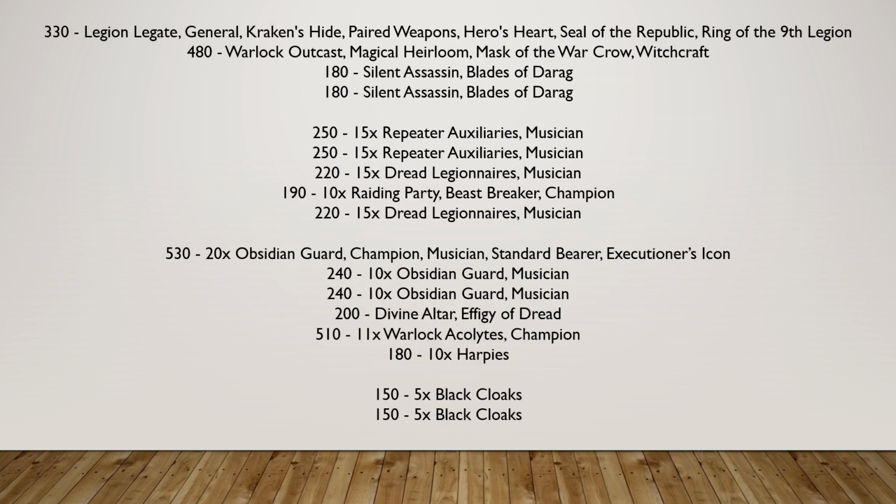Okay, next list. As you can see, this list follows kind of the same design as the previous list in the sense that it has a lot of small and medium-sized units backed up by some support, but it's different in the way that it moves. So the previous list had 2 Raptor Chariots and a unit of Knights. This list has one big unit of Acolytes, which is not to be disregarded, but it also features one big unit of Obsidian Guard. You can see that it doesn't have a BSB, but instead this is compensated by having 3 units of Obsidian Guard that also give rerolls on your panic tests. So the break tests in Dread Elves,